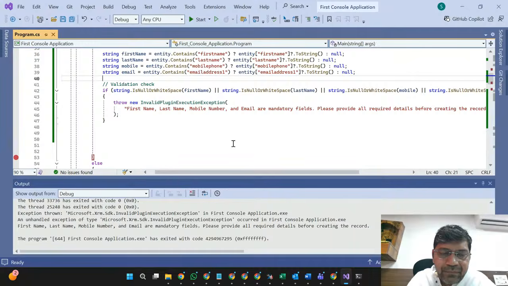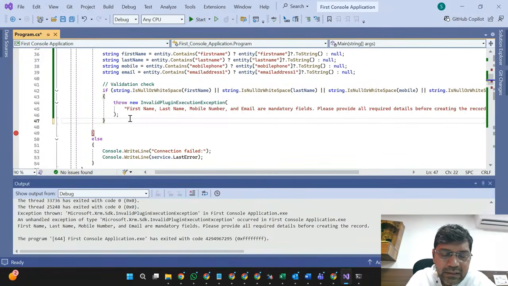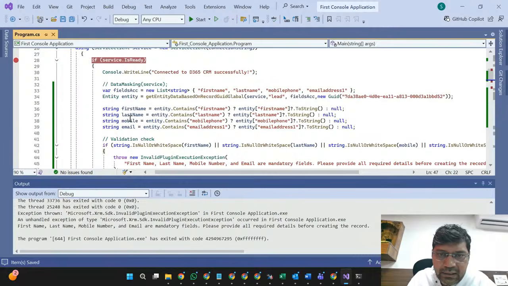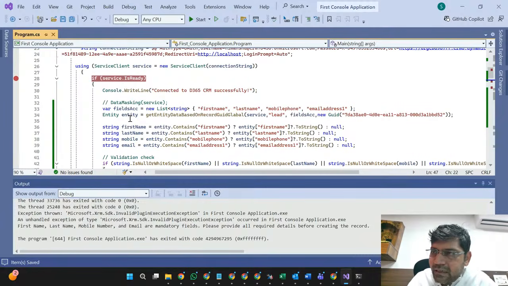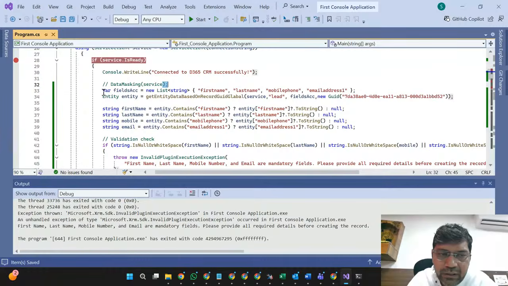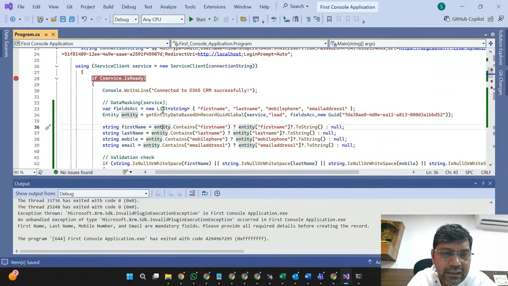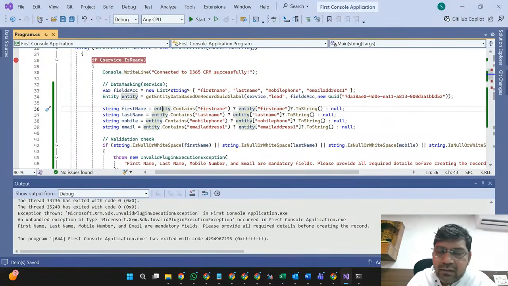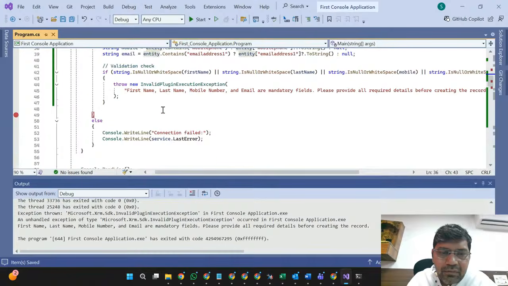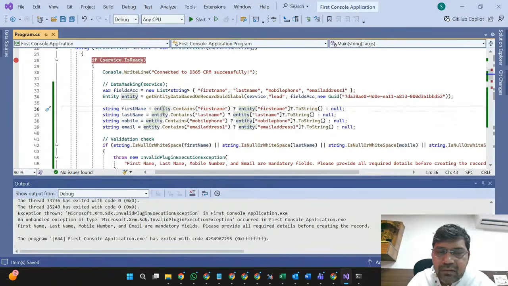Now let's try to register our code on the plugin side. That is our agenda here. That is pre-validation. Why do we have to write pre-validation? Because as of now we are checking from CRM, but with this particular code it will check, because the entity will return a complete entity code from the target entity.